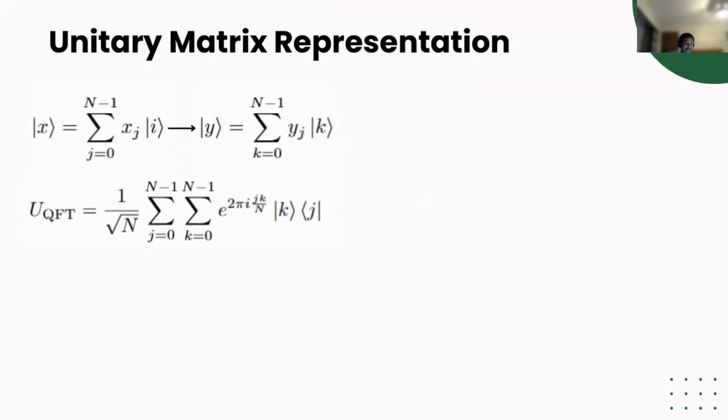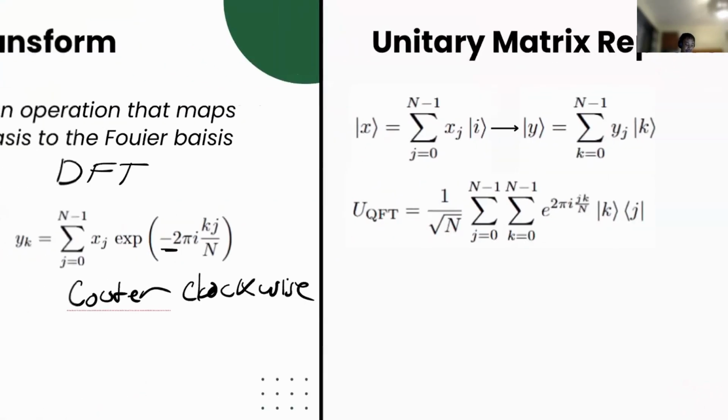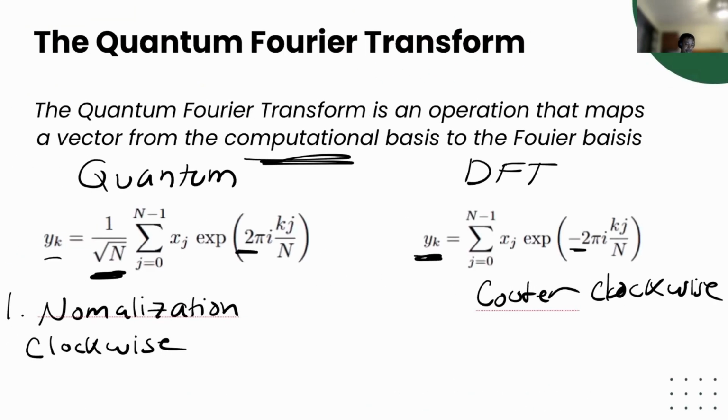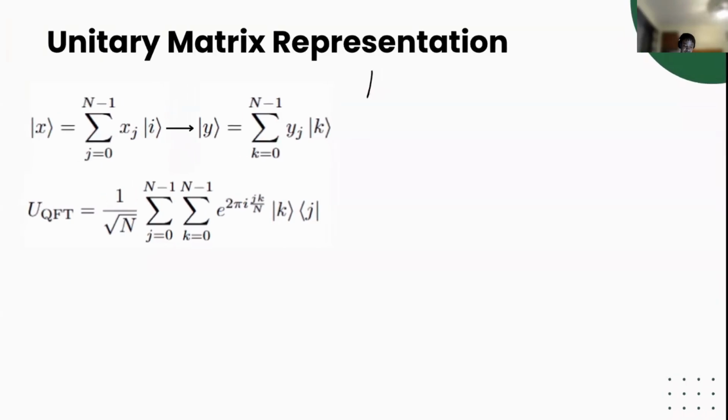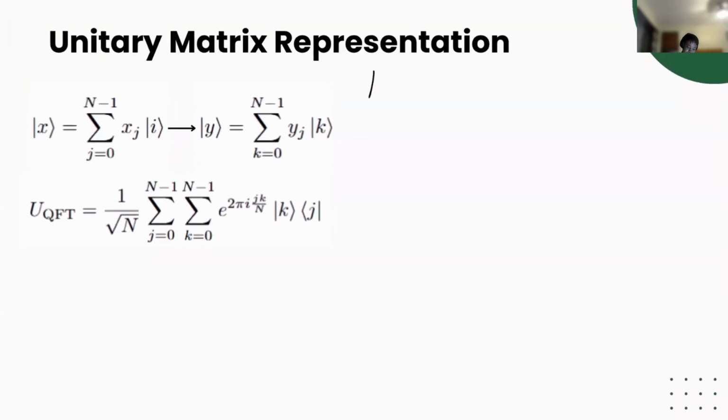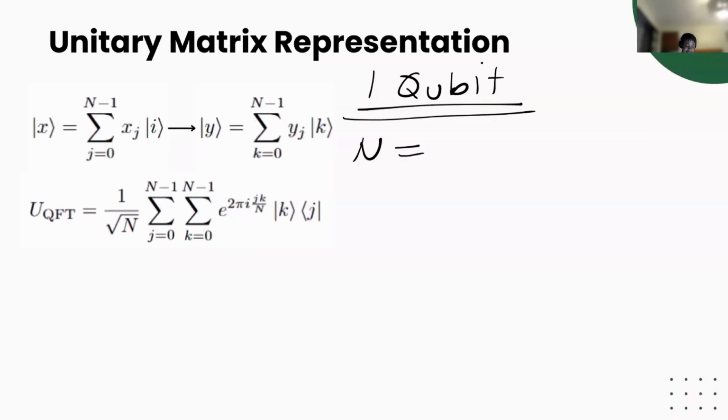So we can map this quantum Fourier transform in the form of a unitary matrix. Instead of acting on just a singular value of y here, we're going to define a matrix. Let's take, for instance, the 1 qubit case. It's important to know that when we're talking about qubits, our value of n is the number of computational basis states, which is equal to 2 to the power of the number of qubits. So in this case, it's 2 to the 1.